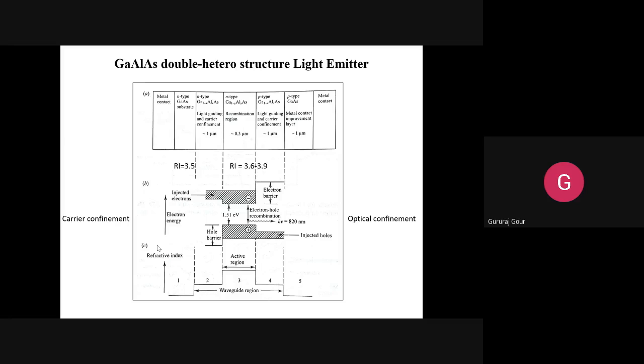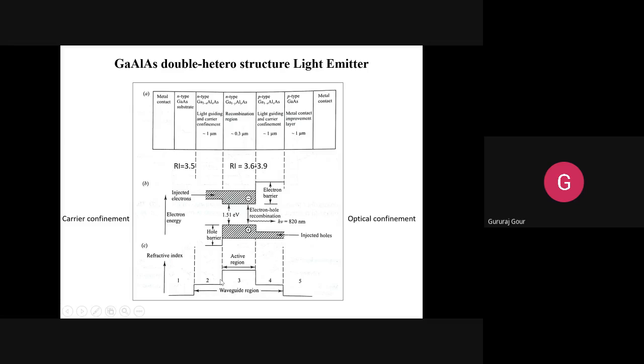So subsections A, B, and C are there. C looks very simple, so start with the simple thing. You can see the refractive index profile has been given about five sections, 1, 2, 3, 4, 5, it is written there. These are different sections here. One section, on the left side, includes the metal contact and n-type gallium arsenide substrate. That is the outermost layer, and its refractive index is very low.